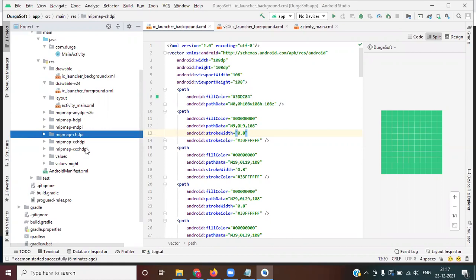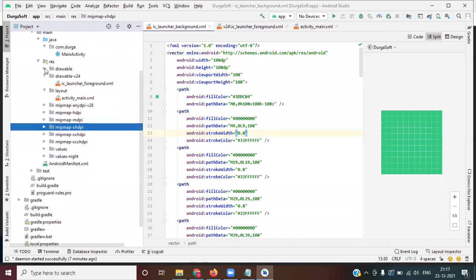But now there is no need to write that logic, and no need to place your images 5 times. With one XML, that means with one 9-patch image, you can manage your entire screens. With one image you can continue with your work. That is the reason these MIPMAP and drawable folders will work.